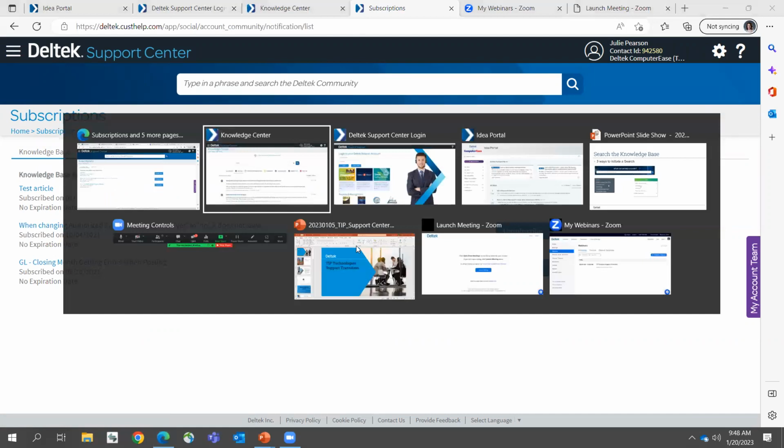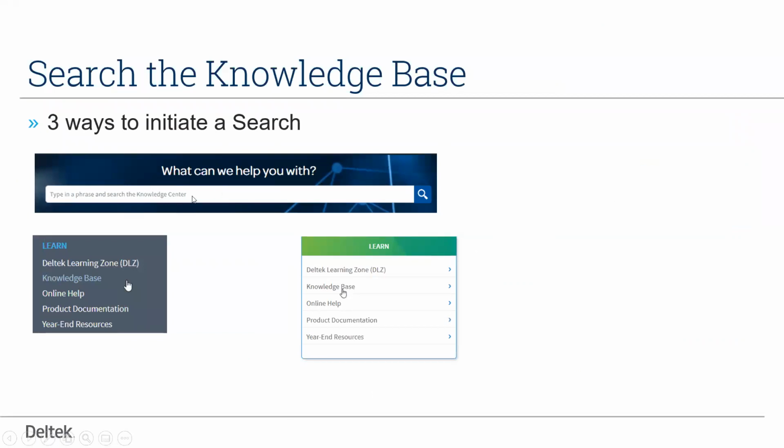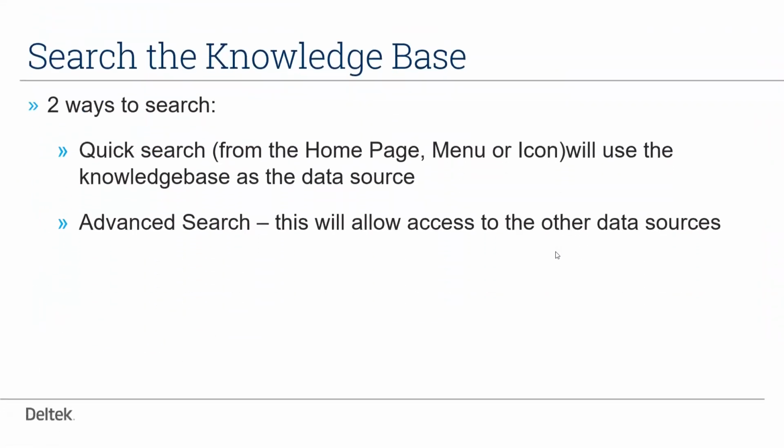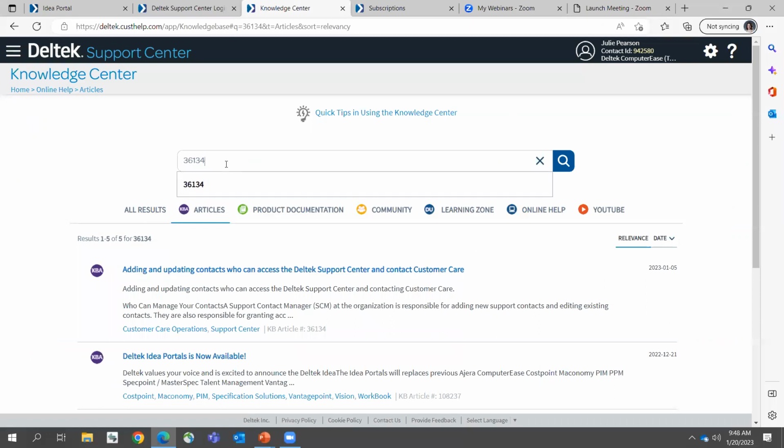Let me go back to the deck. Let's see what I haven't told you. So we did talk about searching. This is something that I didn't mention. It's a progressive search. So when you get back into here, if you want to refine your search, so we said post, or I'm going to be doing something with my inventory, that kind of a question. So it started narrowing down the content, but it wasn't exactly what you were looking for. If you continue to type in that search box here, it will take the information that it originally pulled and just keep refining it. But on the other hand, if it's like, no, I totally need to start over,